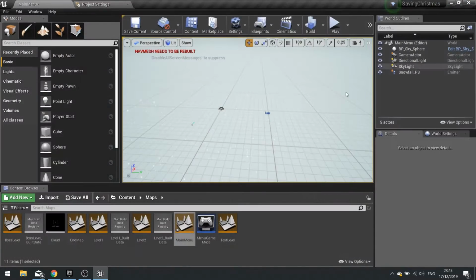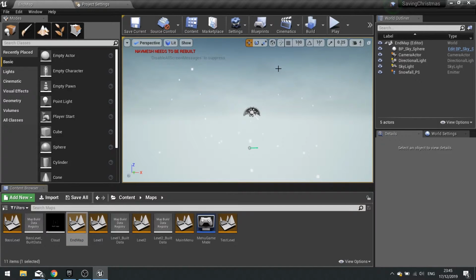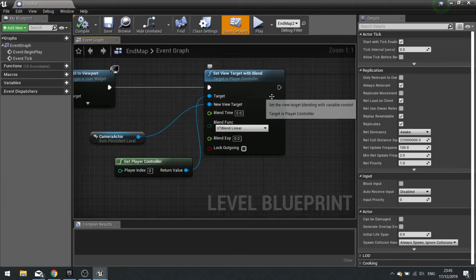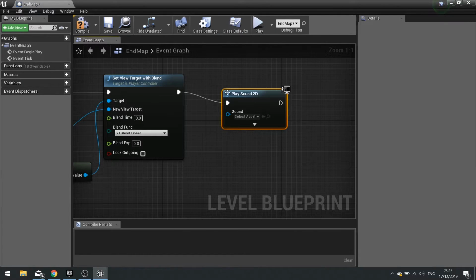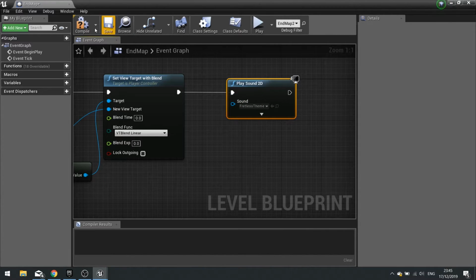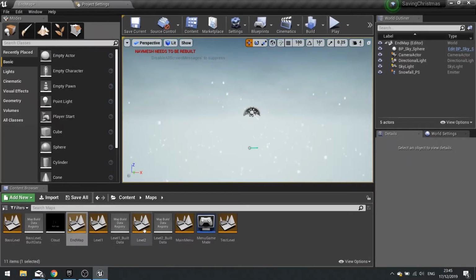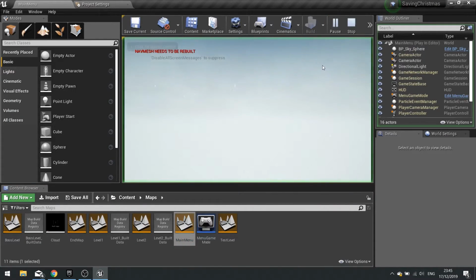And I'm going to do that again for the end map as well. Like so. So let's go back to the main menu and let's play this out.